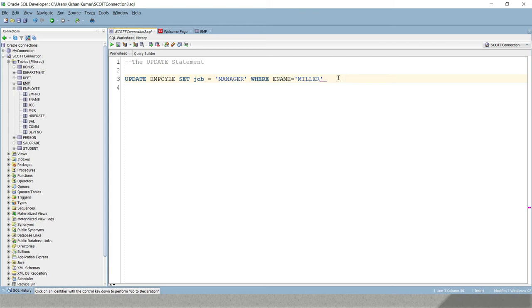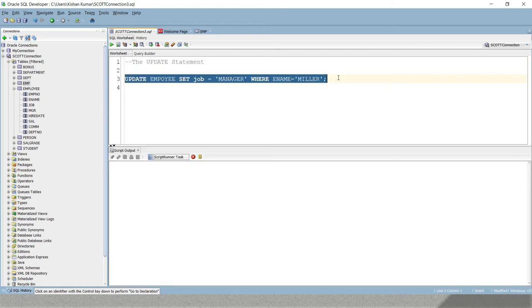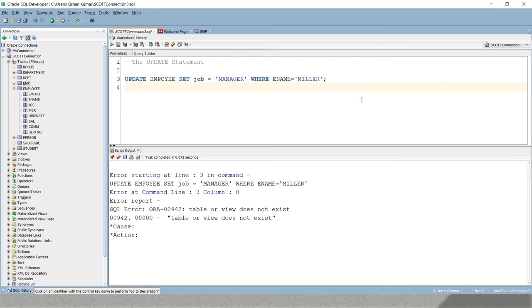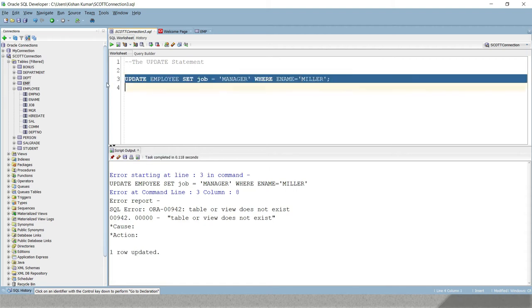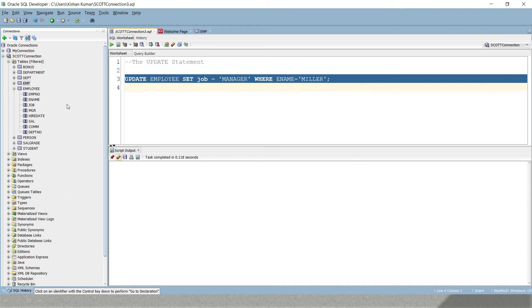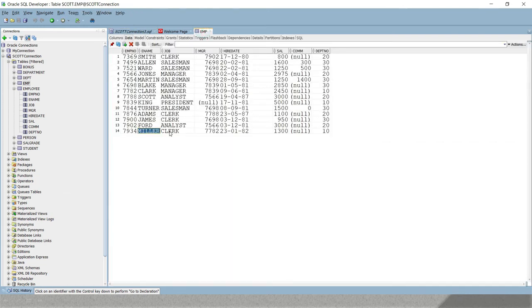So if I run this query, then there is some problem. So update emp, okay, spelling mistake. So the table name was wrong. Now it's saying that one row updated, right? Let me clean this terminal. If I go to the table, then earlier Miller's designation was clerk.